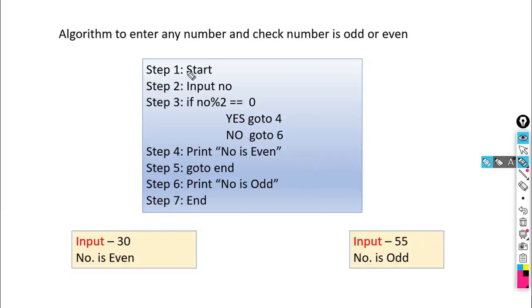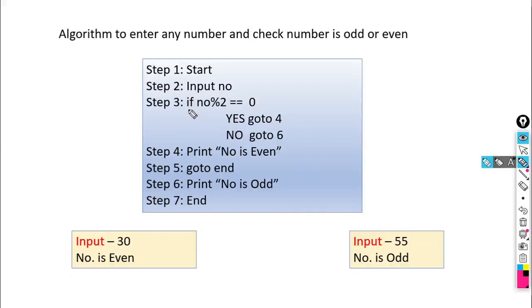So here step 1 is start, step 2 input NO. Then step 3, if NO modulus 2 is equal to 0, which means when we divide that number by 2, if we get remainder 0, then that number is even. If we get a remainder other than 0, then that number is an odd number.